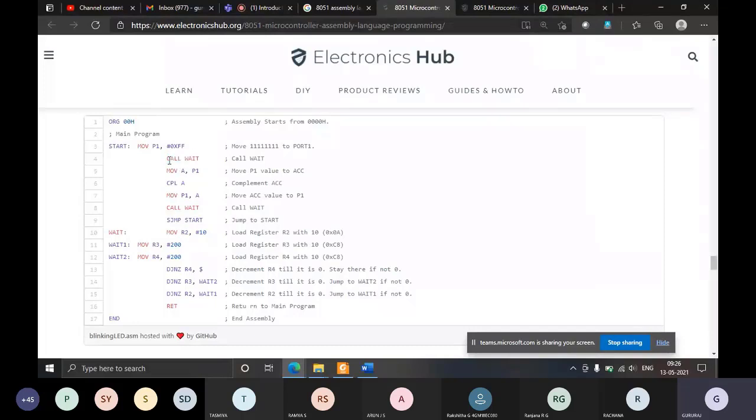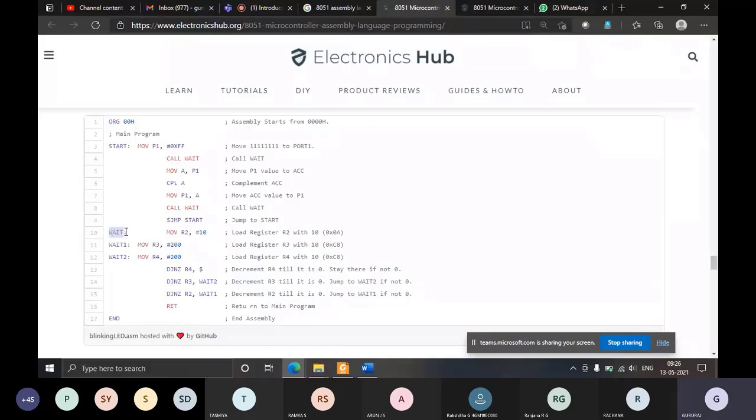So you are calling a function or an instruction whose label is wait. You are directly jumping from here to a particular instruction labelled wait. So where is wait? You can see wait here. This is why labels are used. The labels label or identify the address of an instruction so that you can use those labels to change the program flow.